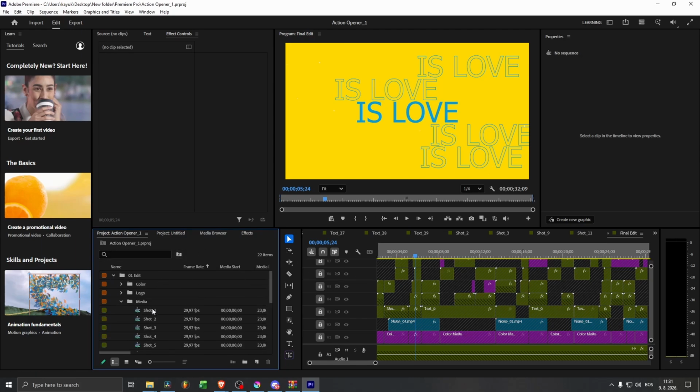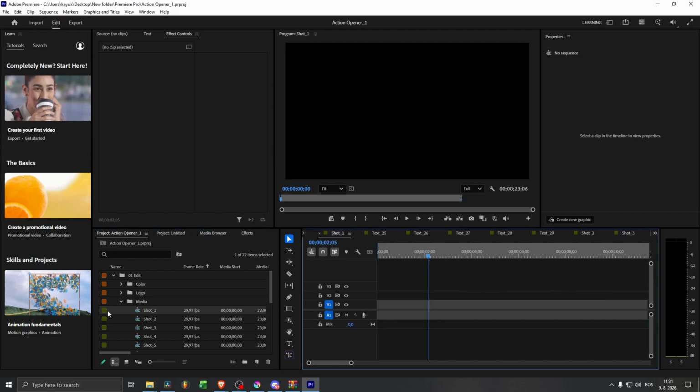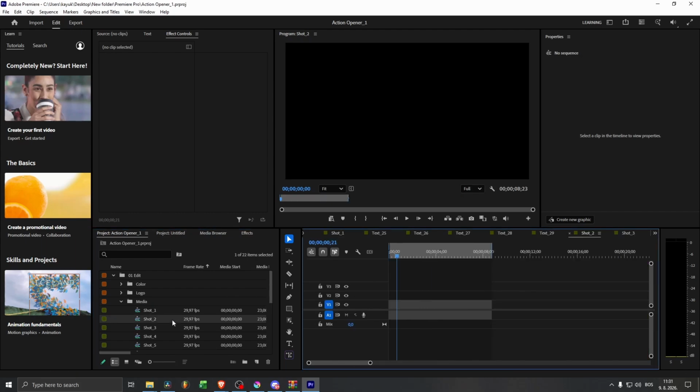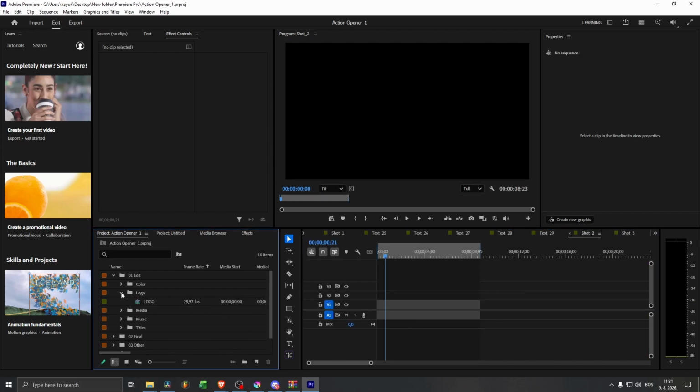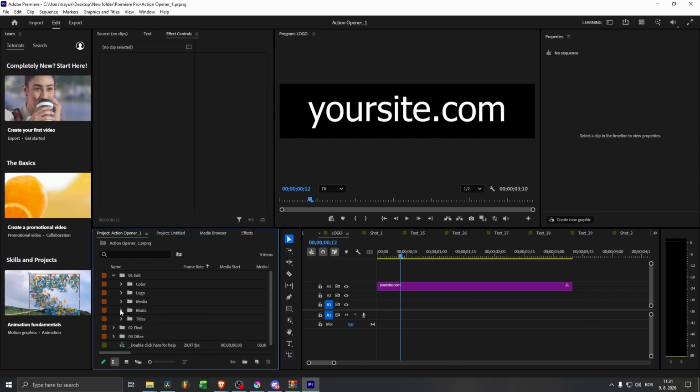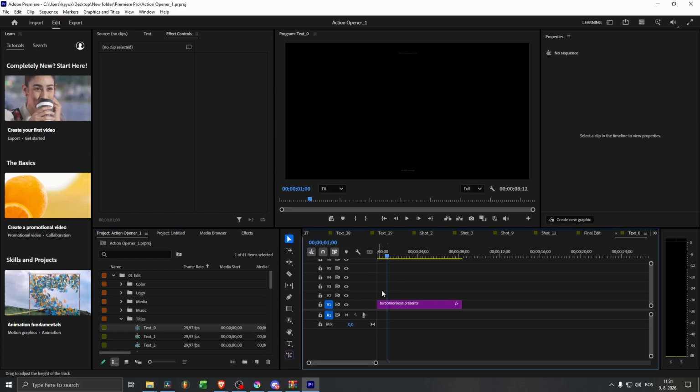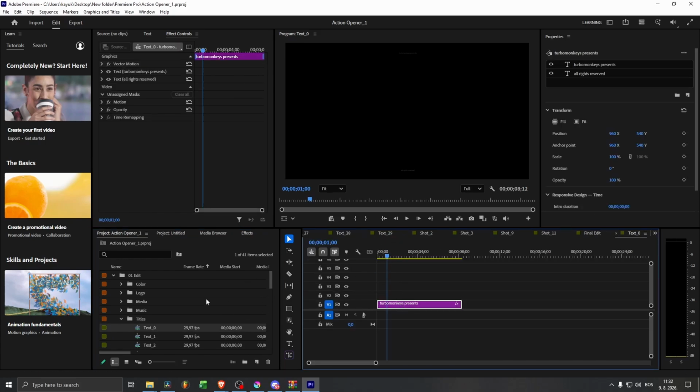So let's go to Edit, Media, and here we see Shot 1, Shot 2, we can see the logo here, yoursite.com, the music, the titles. You can edit the text here,